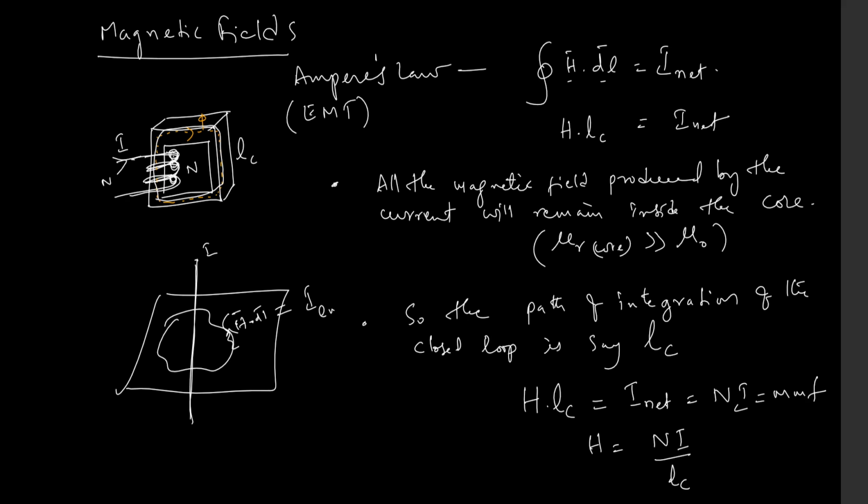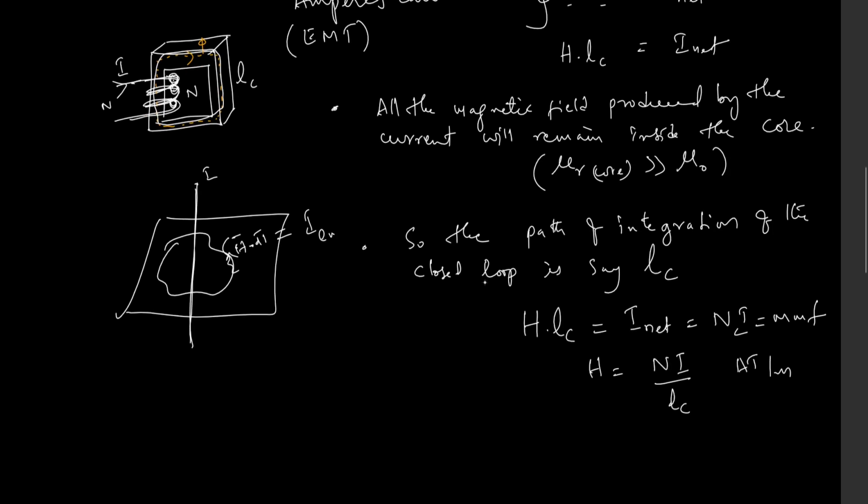Okay, so this H is actually MMF, ampere turns per meter, right? Now I can say this H is the driving force behind the production of the flux in the core per unit length,